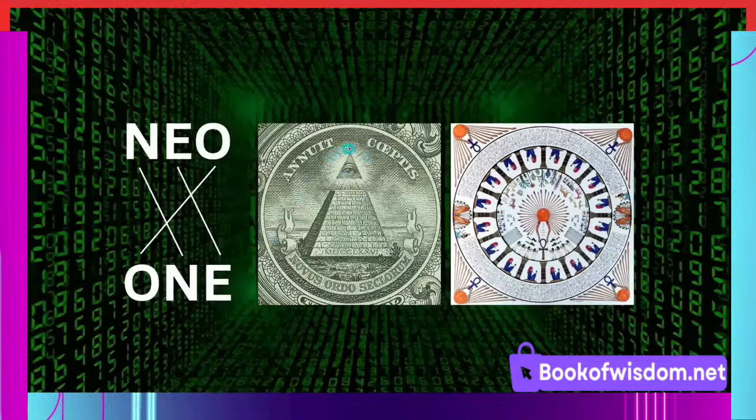This is the eye on the triangle, consciousness being given down to the rest. Consciousness is separate from the rest of the pyramid. The pyramid is your body. Neo is the one consciousness. This is the Egyptians symbolizing the one consciousness, giving Ankh, which is life, to all the different life forms.